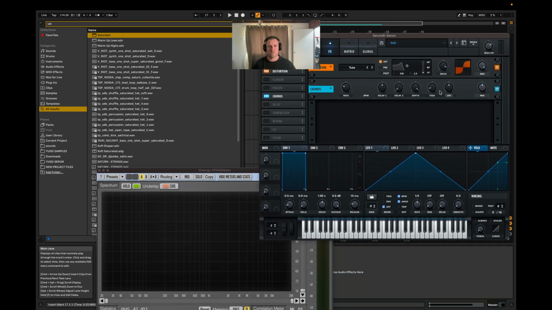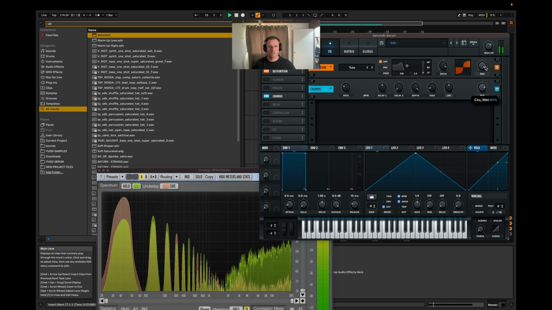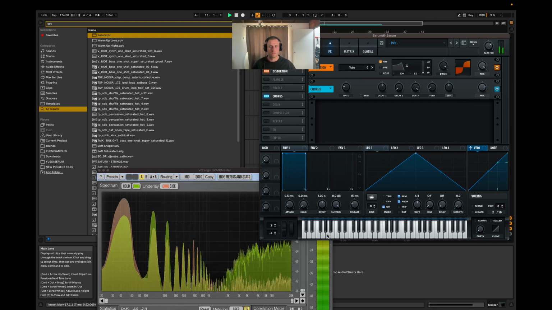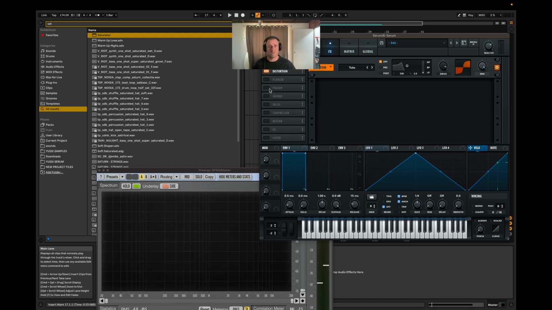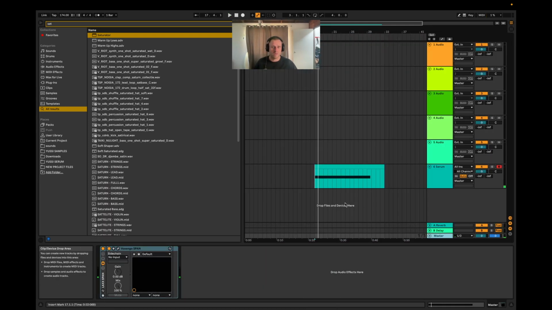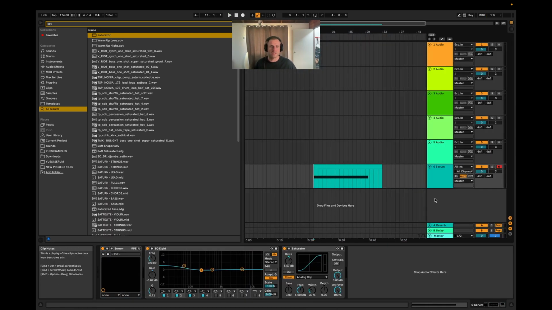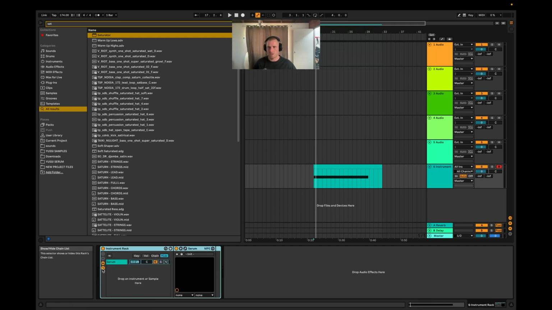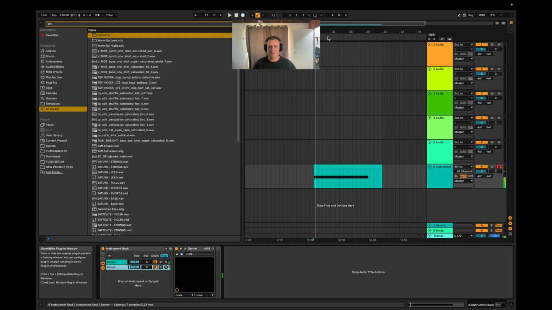Now you can add some effects to this. But obviously, you're going to cause a lot of phasing there, so be careful. You might want to do this in separate layers. That's another thing for you Ableton users, and obviously I know there'd be a way you can do this in FL, but you don't have to always just rely on one patch. If I like that, I could Control G or Command G and group that, and then Control D, and now I have two Serums. So now we have the same thing, but on this second one,